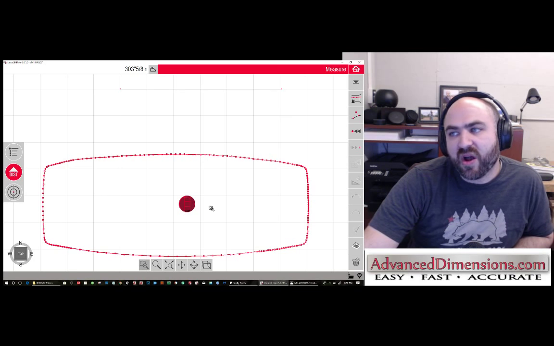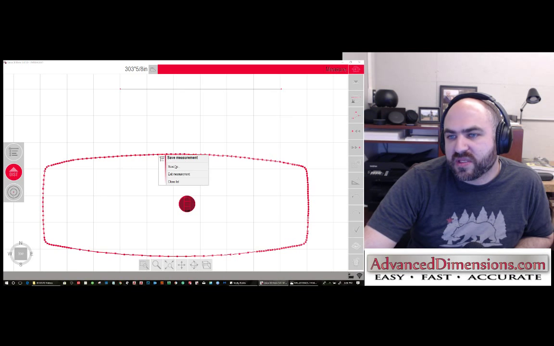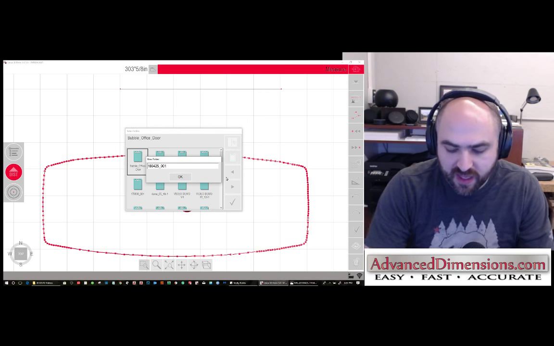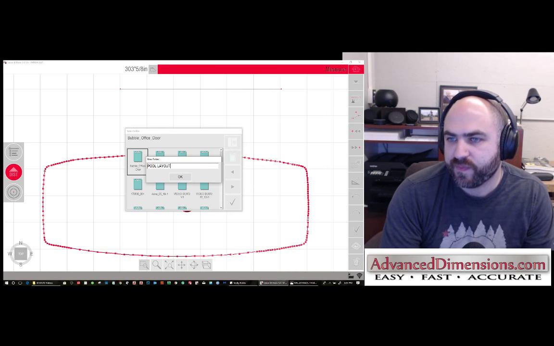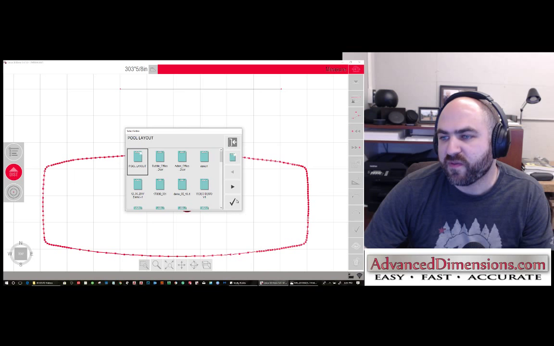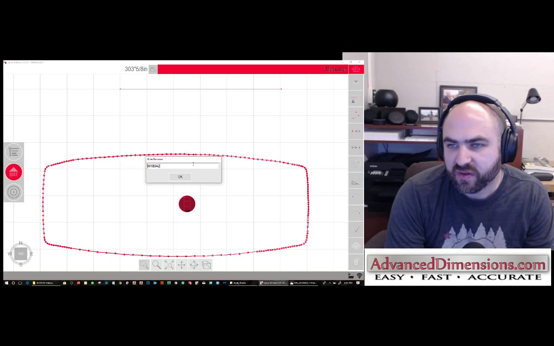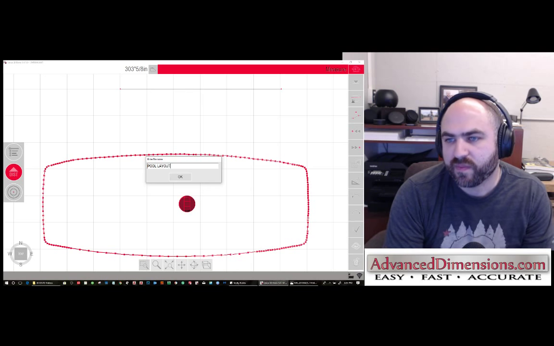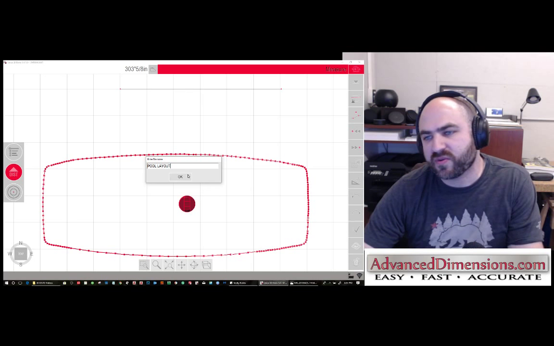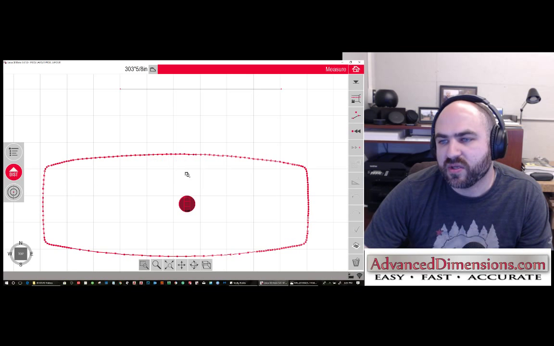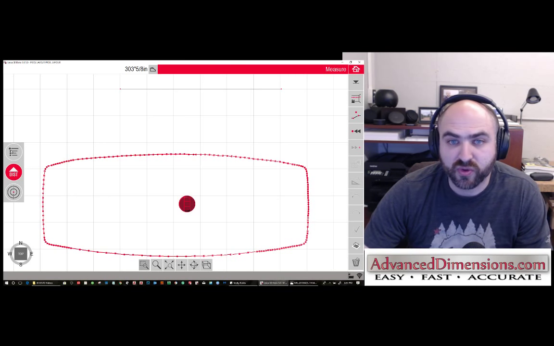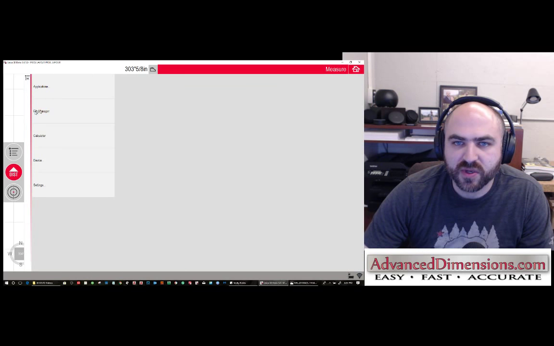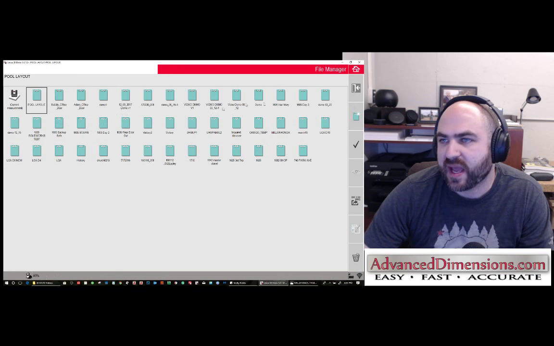Now I want to export this to AutoCAD. So first thing I'm going to do to export it is save it. And I'm going to say this is my pool layout. So first things first is we name the folder, and now we got to name the file, pool layout. And if we had multiple pool layouts for a single job, we could do multiples. I try to do a new folder and name for the file, for each room, say, but it's up to you. So now I'm going to go back to File Manager, and I'm going to say, take my pool layout